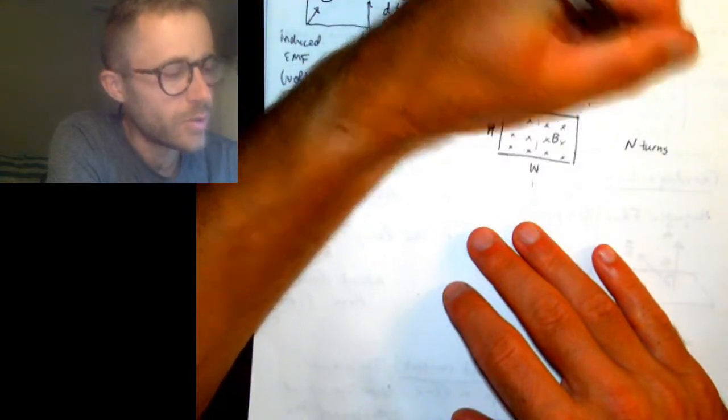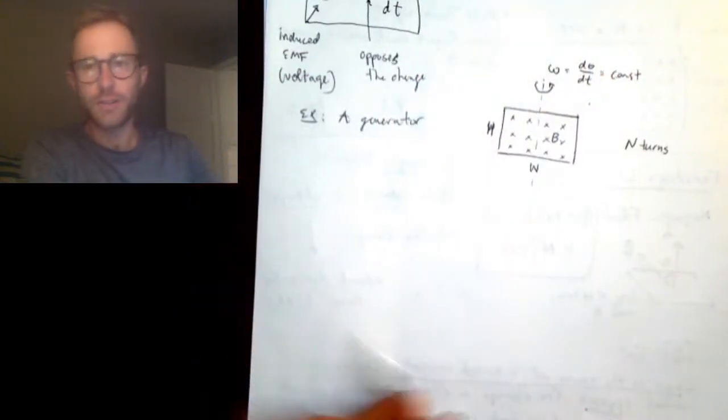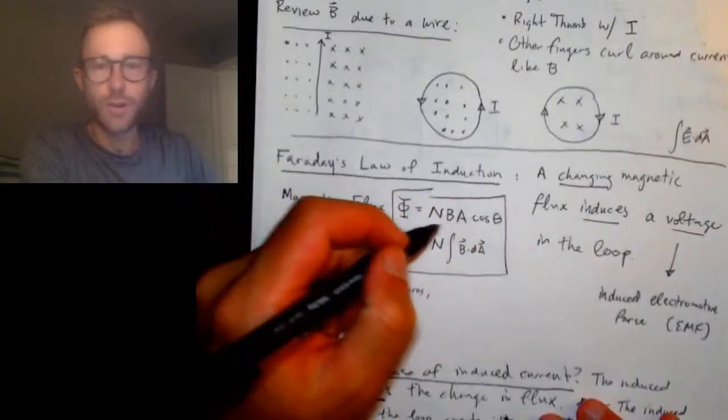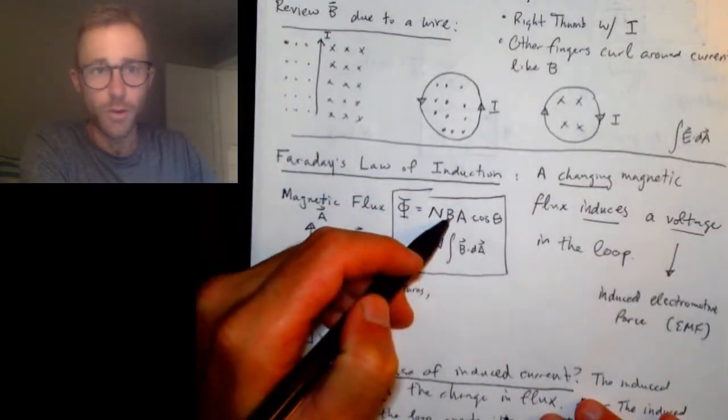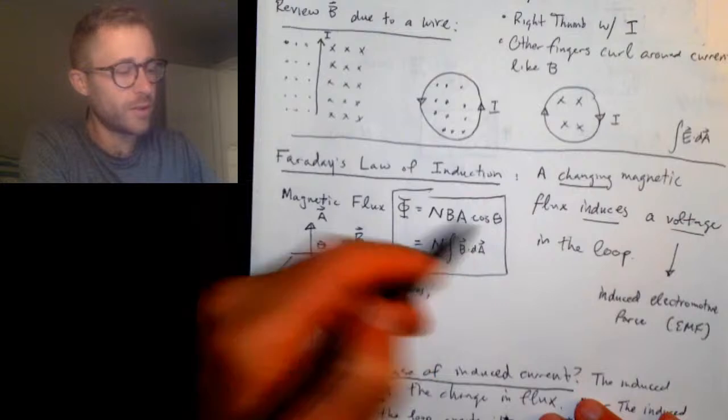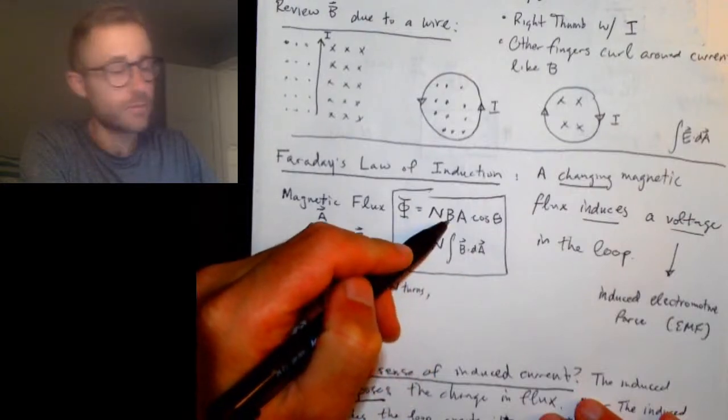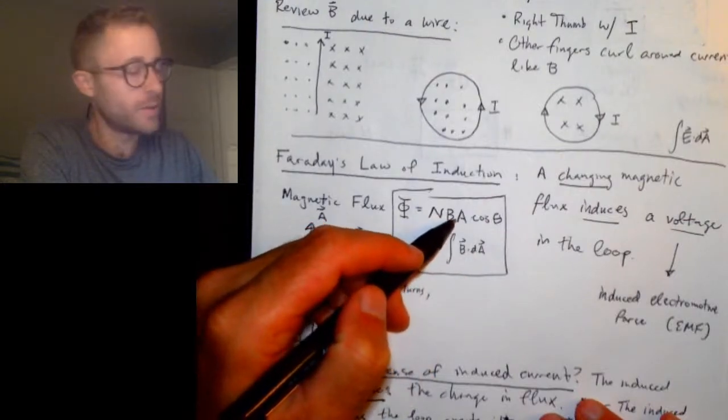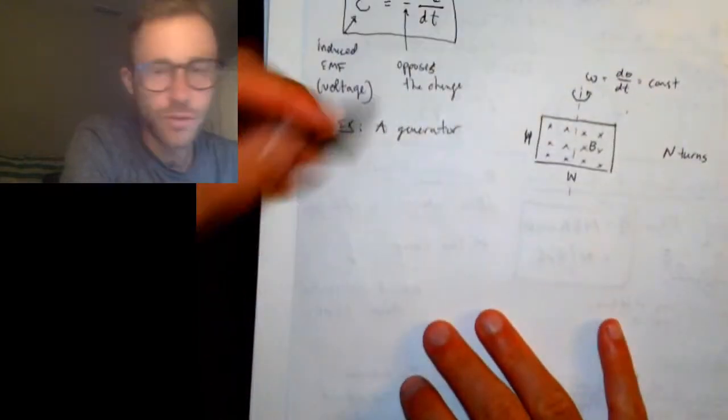So, as I said, if we look at the definition of flux, if the flux is changing, then one or more of these three variables has to change. We have a constant magnetic field, we have a constant size loop, but it's the angle that's changing. So the induced EMF,